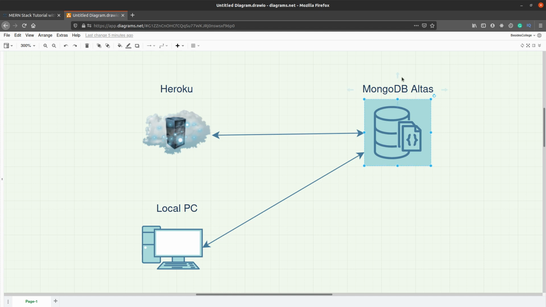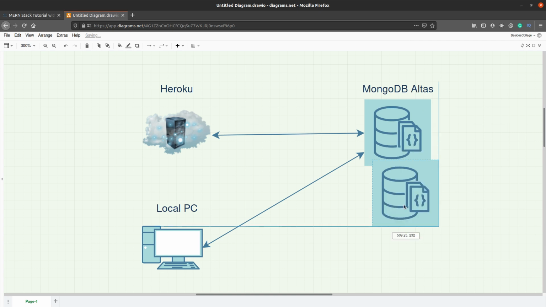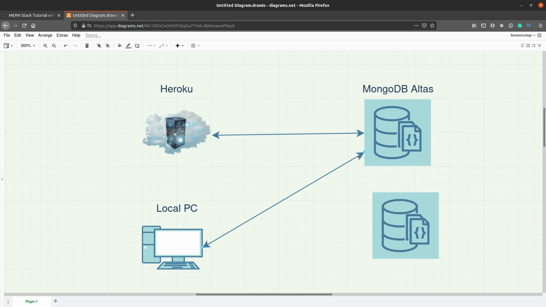Okay, so we are going to use the MongoDB Atlas free database tier for our application and for local development as well. That said, you could always use a different set of databases for your production and your local setup.